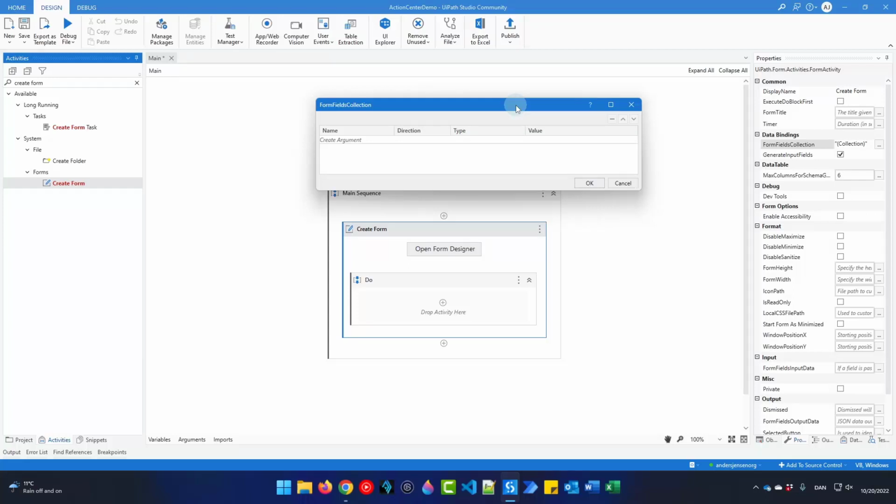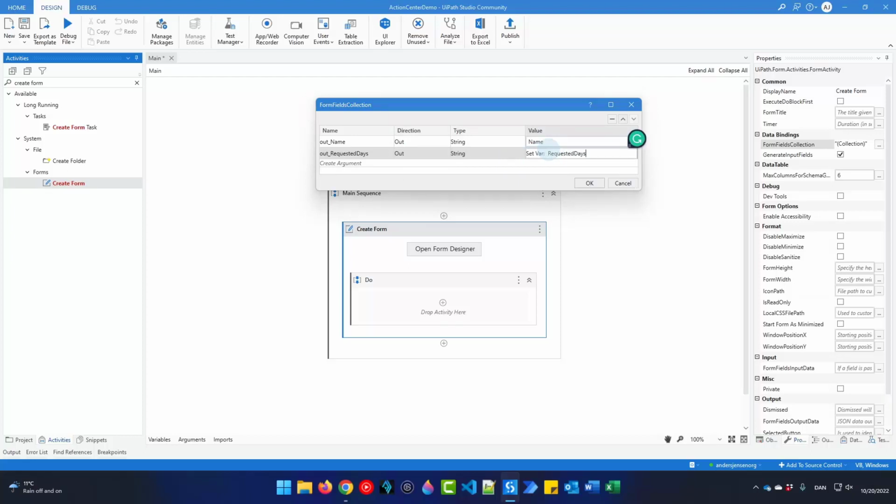We will not have any data flowing in since this is the first action, but we'll have data going out, and the user will fill in his or her name. So this will be an outgoing argument of this form, and we'll map it to a variable in our flow. So press Ctrl K and call it, for example, name. Then we will have an out requested days. And here we will say out as well, and Ctrl K